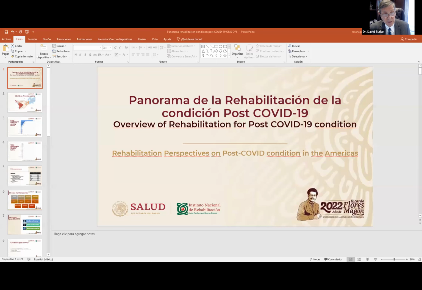But I am not one of the speakers, so I will turn this over to our next speaker, who is Dr. Roberto Carlos Sahagún Olmos, who is the Chief of Cardiopulmonary and Geriatric Rehabilitation at the National Institute of Rehabilitation in Mexico. He obtained his medical degree from the University of San Luis Potosí and his master's degree in medical science from the University of Mexico. He specializes in rehabilitation medicine and cardiac rehab, and he is honoring us today with his presentation. So without further ado,